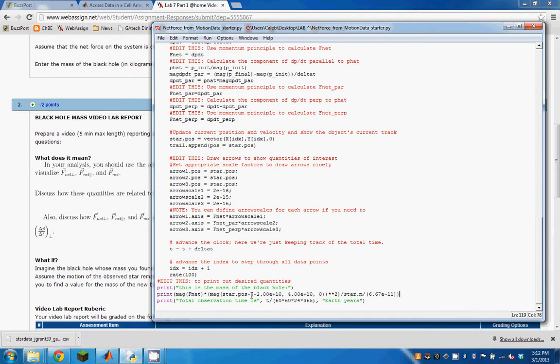I subtracted the location vector of the black hole from the position vector of the star to get that radius, instead of just having that be 0 like we did in lab. So those are the things I changed, and when I ran that,